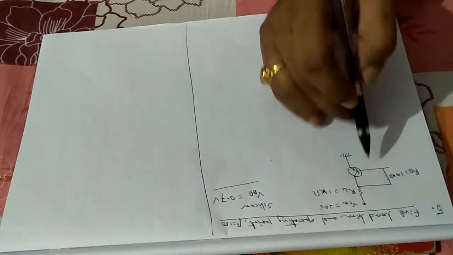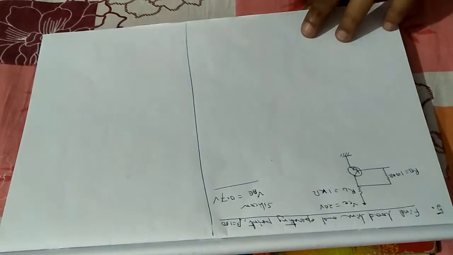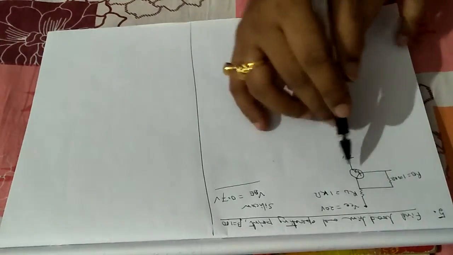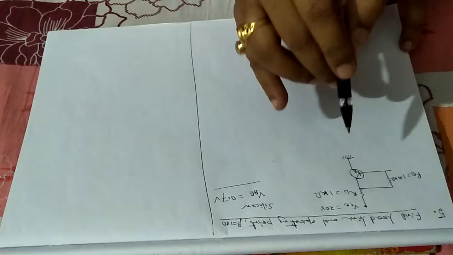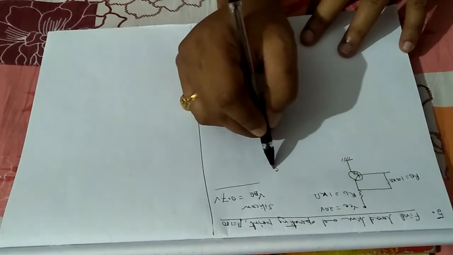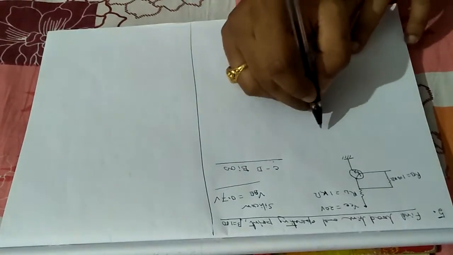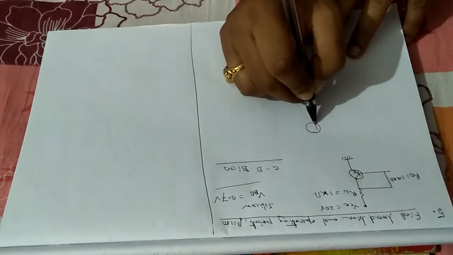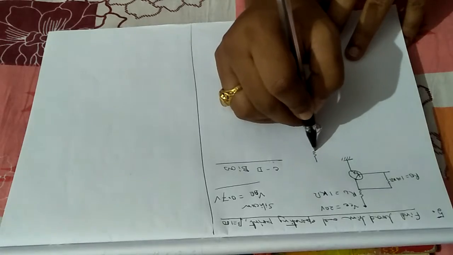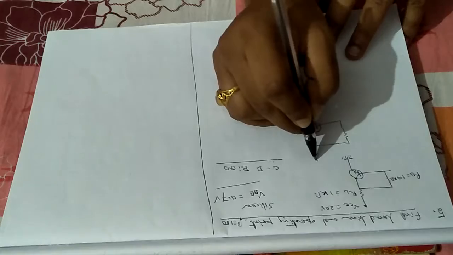Beta is given. If you don't understand what type of circuit it is, go through the previous notes, the previous video, or any book, then you will understand. This is the simplest version of transistor biasing. This biasing is not collector to base bias. What is collector to base bias? It is the circuit that we have also discussed in the previous videos. One resistance will be there, then following that another resistance will be connected like that.